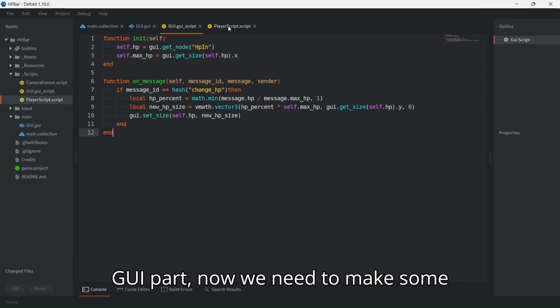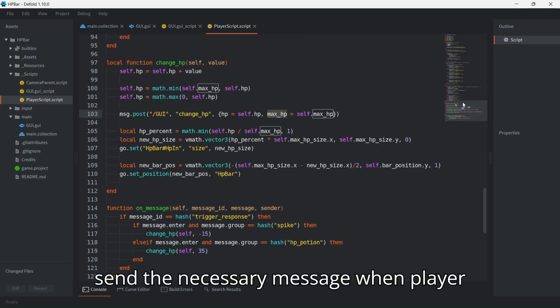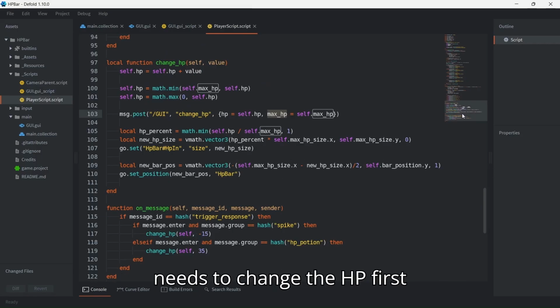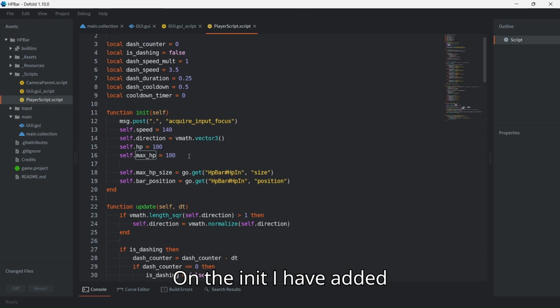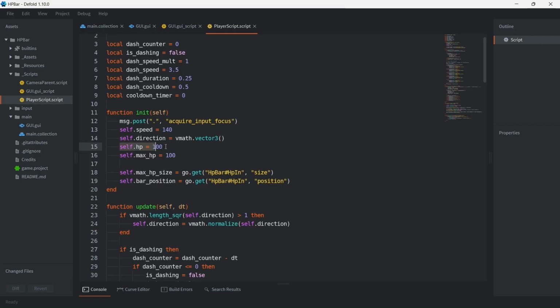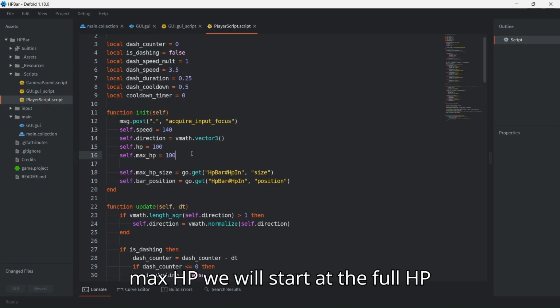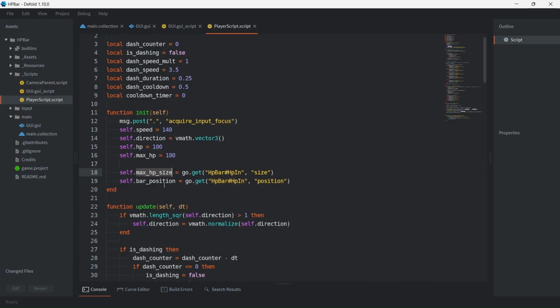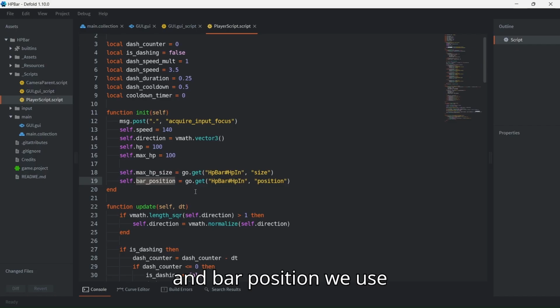Now we need to make some changes to the player part and send the necessary message when player needs to change the HP. First, on the init, I have added 4 new variables. One is the HP, the other one is max HP. We will start at the full HP. Then we will also have max HP size and bar position. We use GameObject.get to get the correct size and position of the